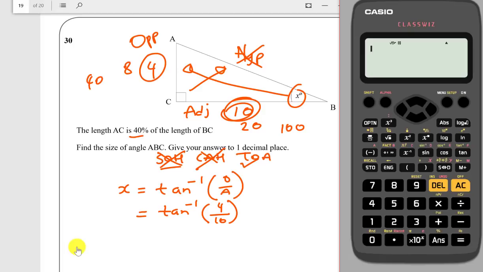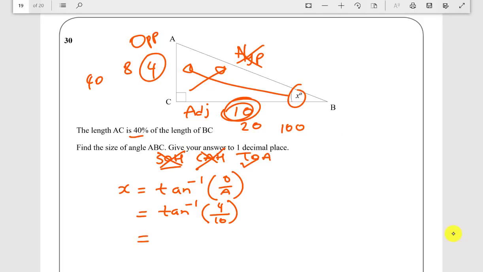So let's plug this information into the calculator. So we have tan inverse. We need to press the shift button, and then we need to press tan. That'll give you tan inverse. Open brackets, and you can put the fraction button in, or you can just do 4 divided by 10. So let's do 4 divided by 10 and close the brackets and then equals, and that will give you